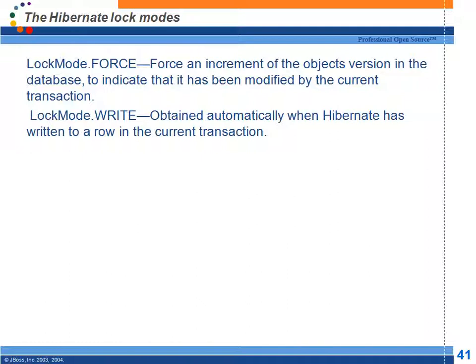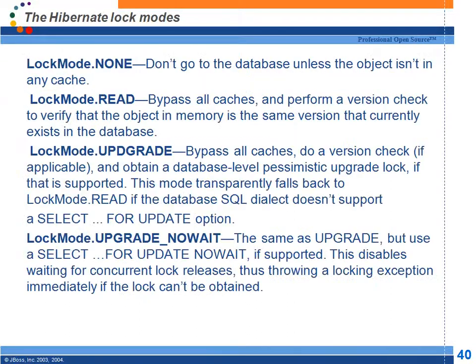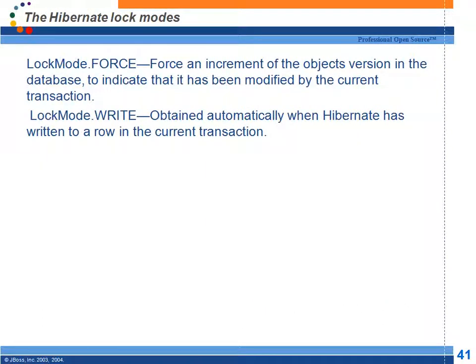Right? Like that are the various lock modes. Force means, let us assume that already the row is locked. It will forcefully get a new lock on it. Right? So these are the various lock modes. Write means it will be obtained automatically when Hibernate has written. Whenever you say LockMode.WRITE,